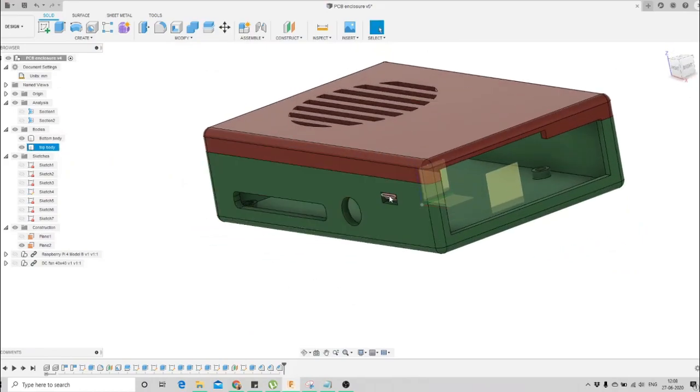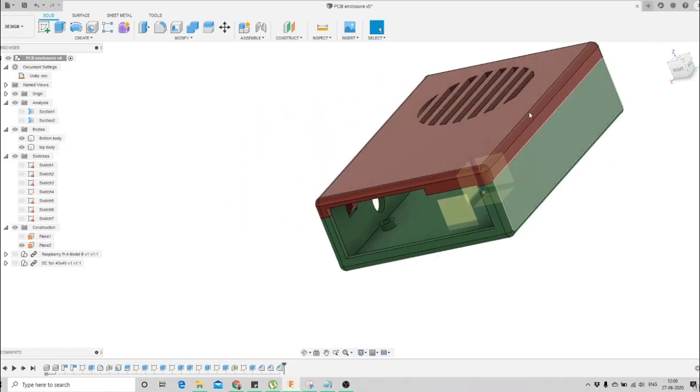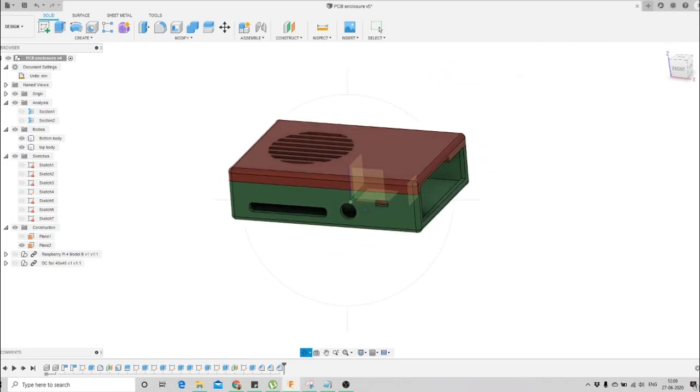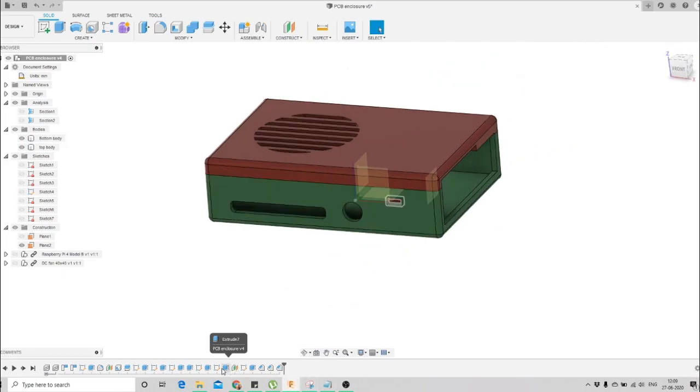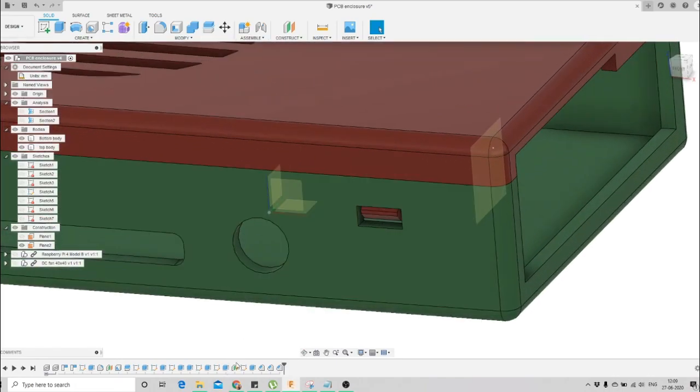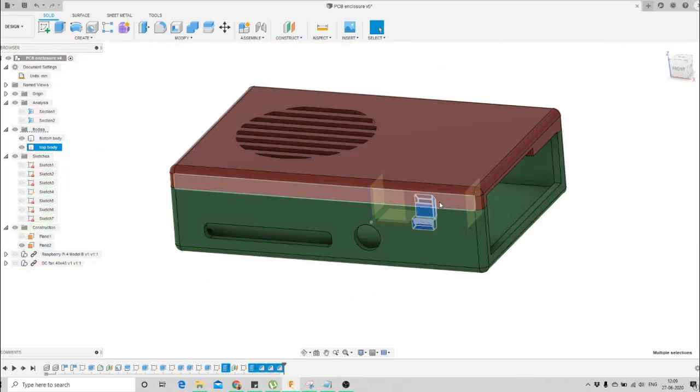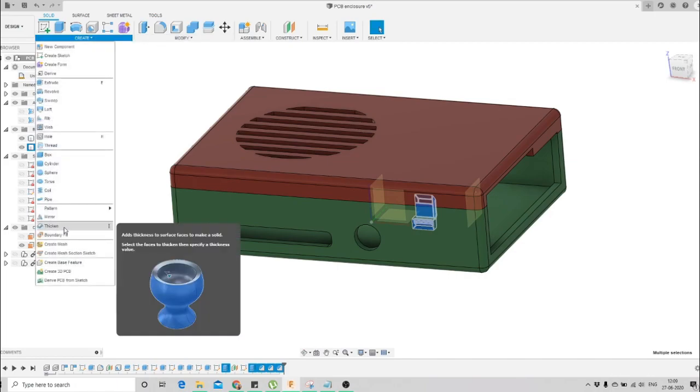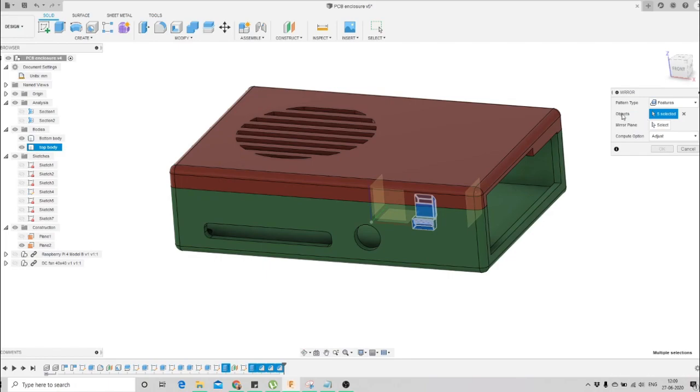Now we need the same arrangement somewhere here, and the same arrangement in this direction also. To do so, we'll select those operations that we had created. These are the extrude operations that we used to make a cut, and these were all the snap fit operations that we had made. I had selected all of these by pressing Ctrl on my keyboard, and I will go to create and select the mirror option, and it says that I have already selected five objects, and then it is asking me to select the mirror plane.